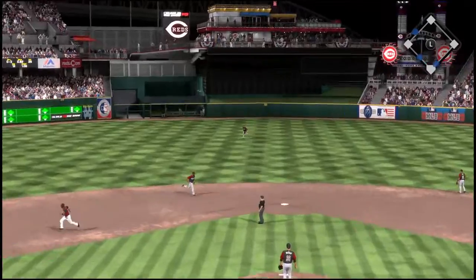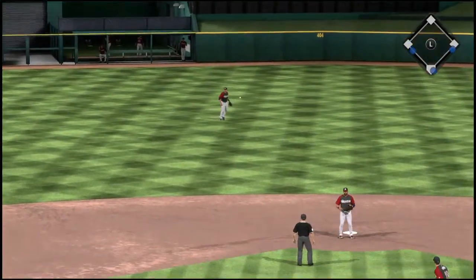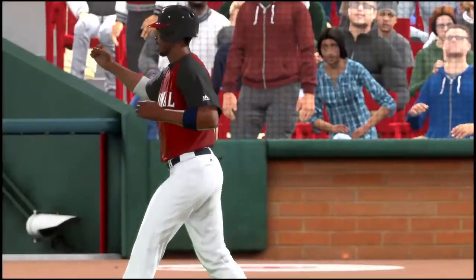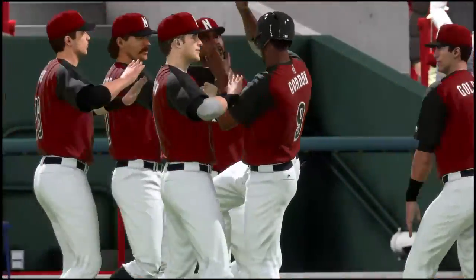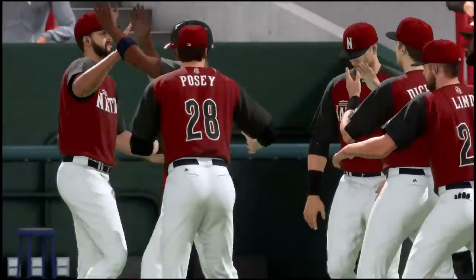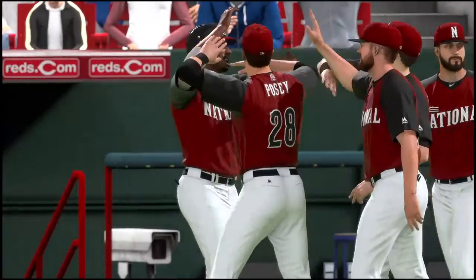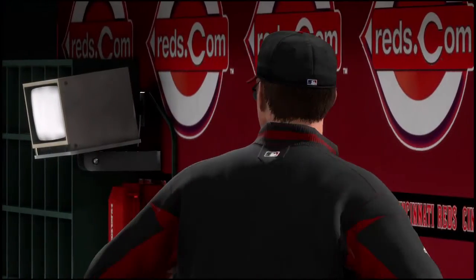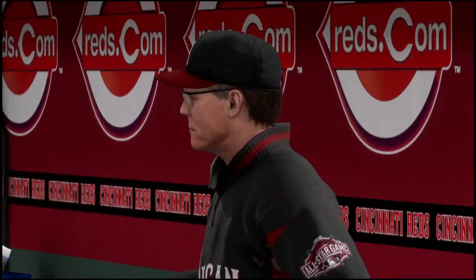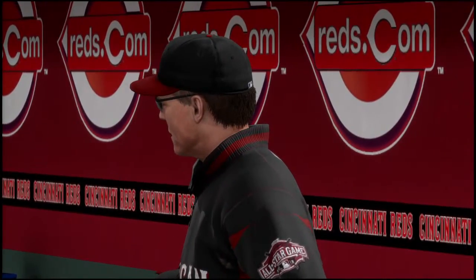Oh, and this is lined into center field. It's down for a base hit. And the winning run is across to score. Well, you had the sense early on that this one was destined to go down to the wire, and sure enough, these guys are going to pull this one out here in walk-off fashion.